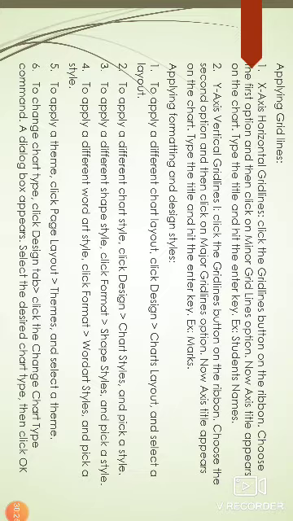So applying grid lines. First, x-axis horizontal grid lines. Click the grid lines button on the ribbon. Choose the first option and then click on minor grid lines option. Now the grid lines appear on the chart. Example, student names.